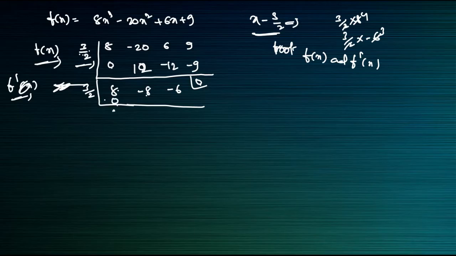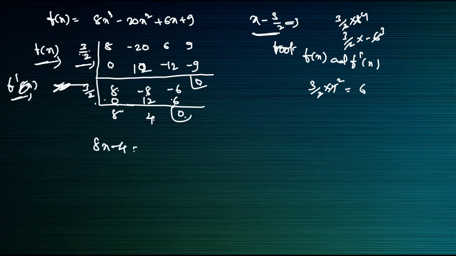So you will take 0 here, it will come. So 8 into 3 by 2 is equal to how much will come, 12 come. So here I will take 12 for this one. So it will become minus, plus 4 will come. 4 into 3 by 2, 3 by 2 into 4, 2 1 ja 2, 2 ja 6. So plus 6 will come here. So it will become 6 minus 6, 0 here. 8x minus 4 will come here equal to 0. So from this x is equal to 4 by 8 will come. So x is equal to 1 by 2.